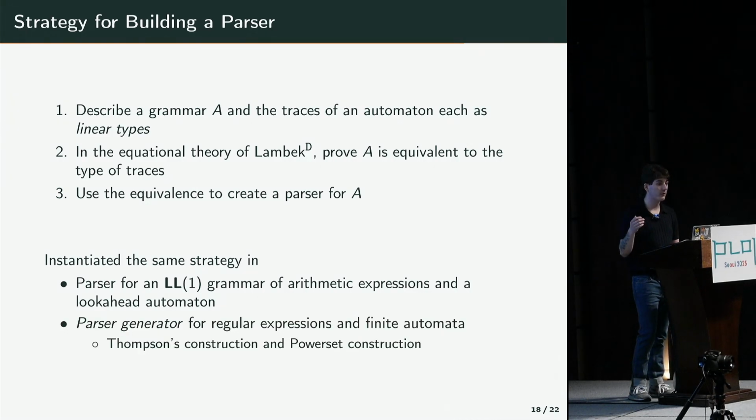And we've also done this for a verified parser generator for regular expressions, abstracting over the regular expression, generating the corresponding finite automaton, and reasoning about that equivalence again in LambekD. And so just to reiterate what's happened here, we've taken two grammar formalisms that are a priori on different formal footing, automata and the corresponding context-free grammar, and we were able to reason about that equivalence in the equational theory of